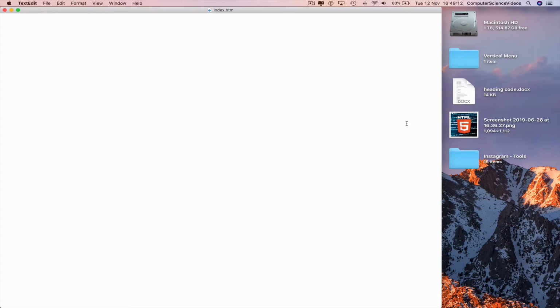using Command plus a couple of times. Then go to a new line, and now type in all the HTML code required to make the vertical menu with CSS and HTML work fully. Less than, exclamation mark, doctype in capitals, HTML, greater than, go to a new line, insert all the HTML tags,